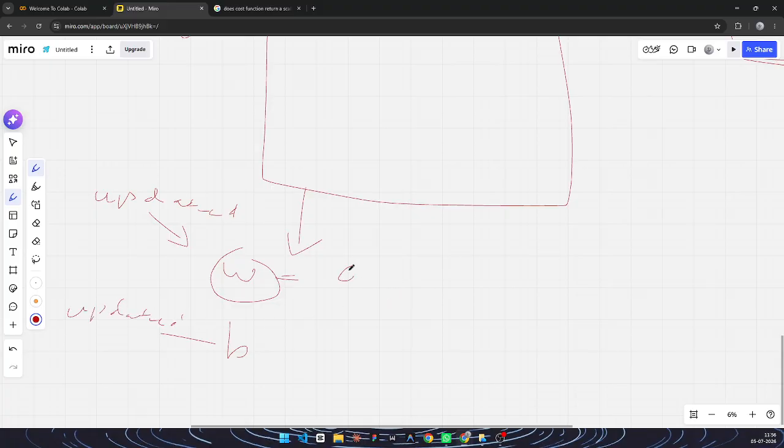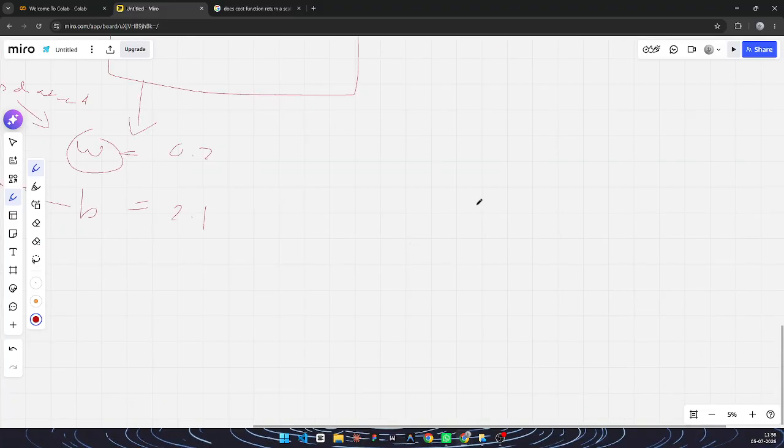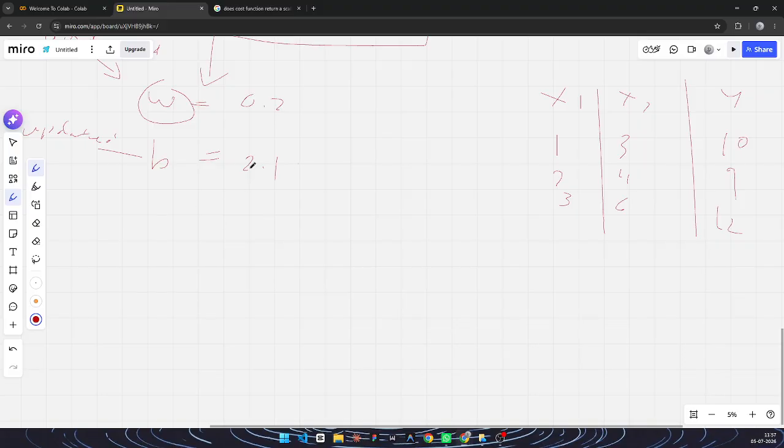This can be anything, like 0.2 or 2.1. Now suppose we take a data set where x1 is 1, 2, and 3, x2 is 3, 4, and 6, and y is equal to 10, 9, 12. Then the model might almost predict correctly with the updated weights. These are not the initial weights, these are the final, updated weights. After the model learns, the predictions will be around 9.2,